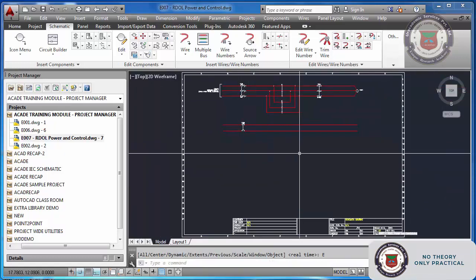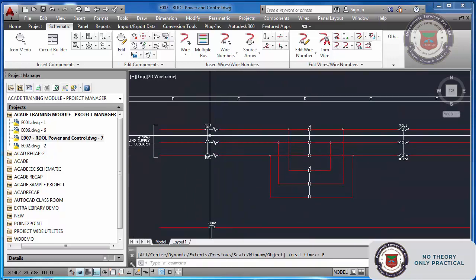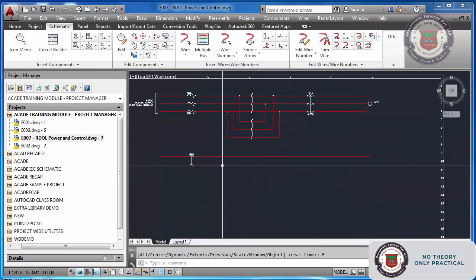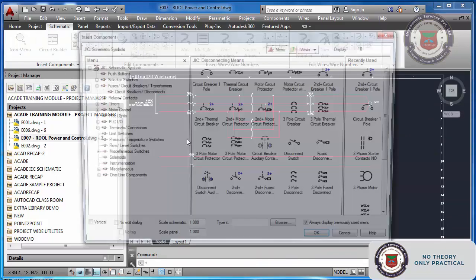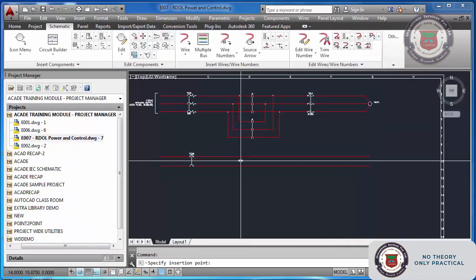And next thing what I will do is I will insert an auxiliary contact of this circuit breaker in this wire. Okay, I want to insert that. So I will go to circuit breaker. Yeah, we are already there. Here you can do auxiliary contact. Circuit breaker auxiliary contact. I can find it here.